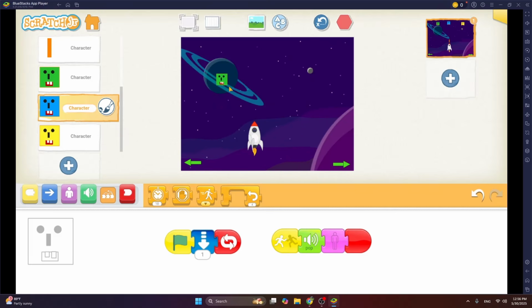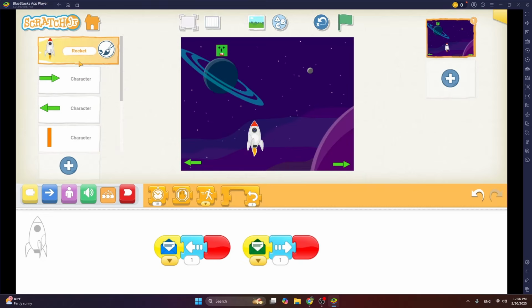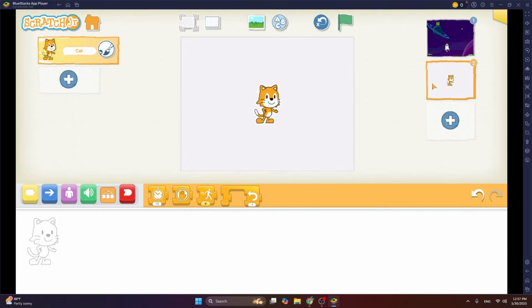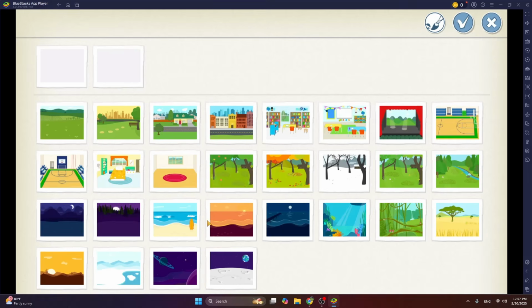And what if the alien hits the rocket ship? So let's write some code for that. So first of all, go back to the rocket ship, okay? And in fact, we need to first of all add another screen. So click on this plus to add a new screen. Get rid of Mr. Cat and choose a background.